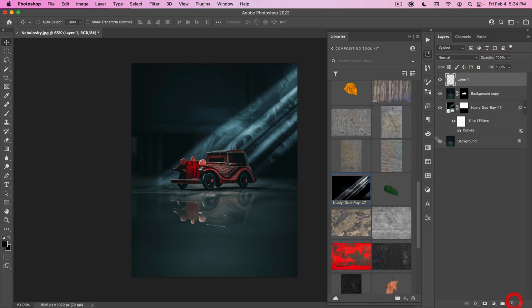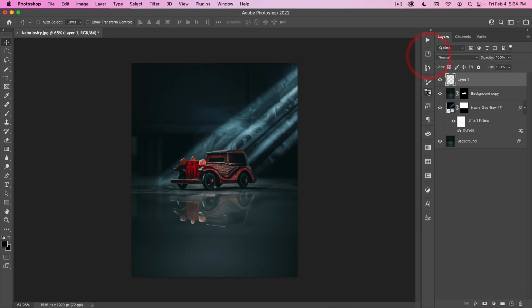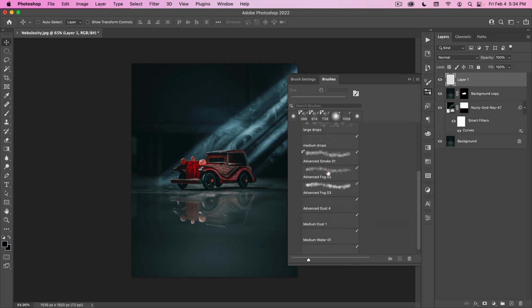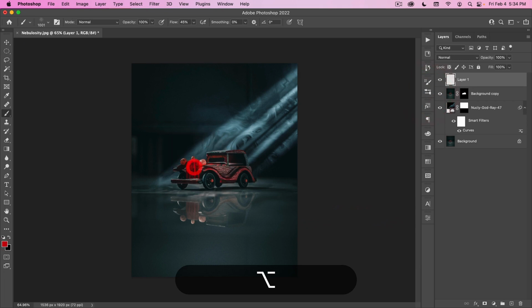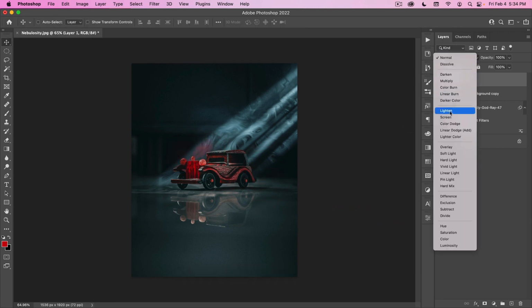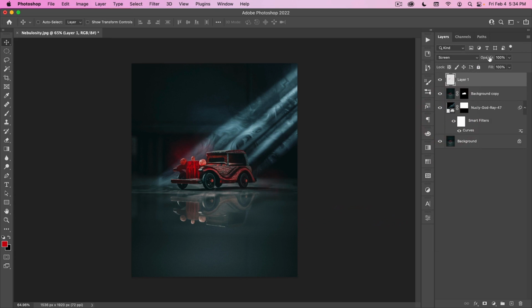And then maybe I want a little bit of red coming off of this. And for that, I can use one of my atmosphere brushes here. Maybe I'll use this one, take down the flow, and just select this bright red color and kind of just tap it a few times. So something like this, maybe something like that. It just kind of gives that ambient color. Probably take down the opacity a little, so it's just a little hint of it there.